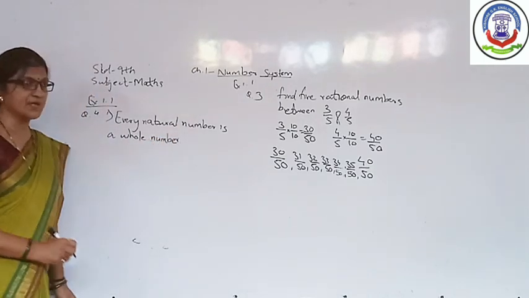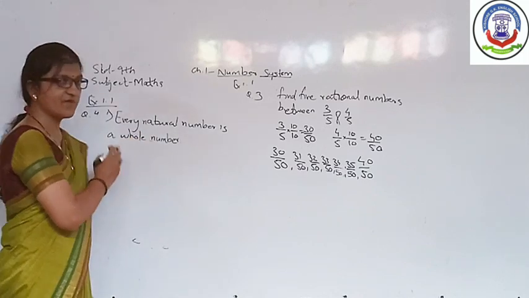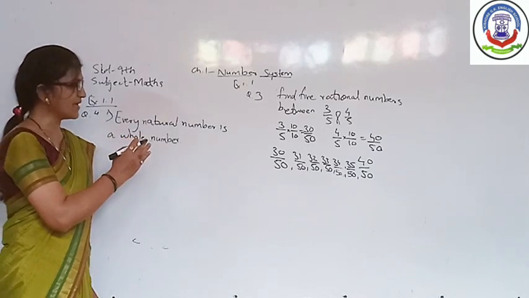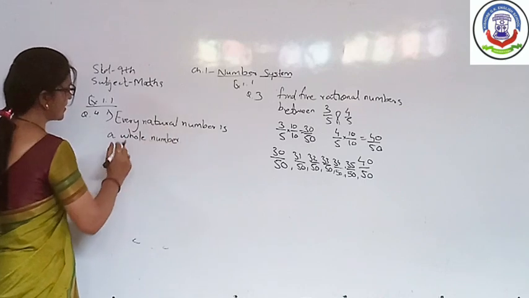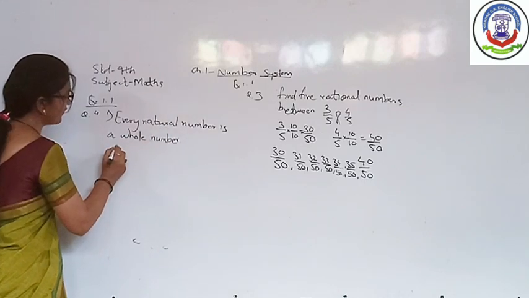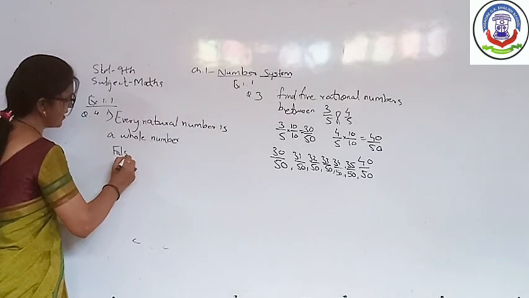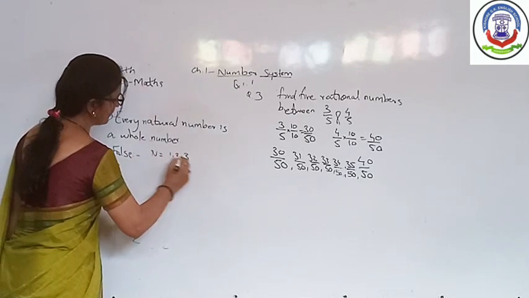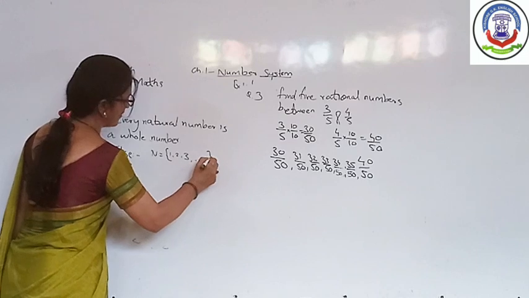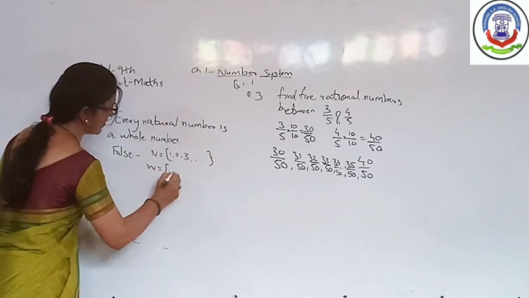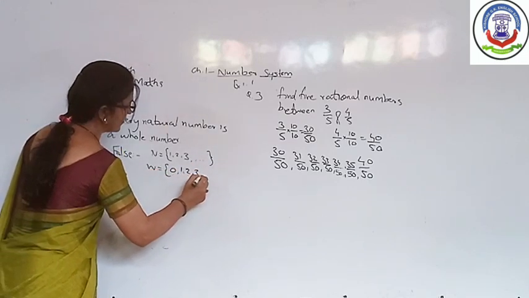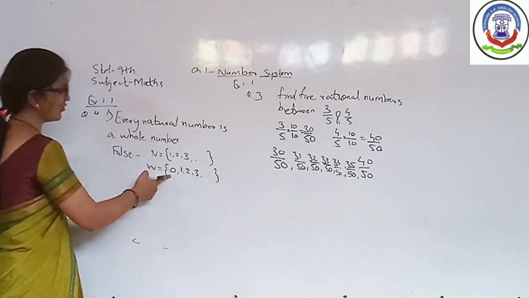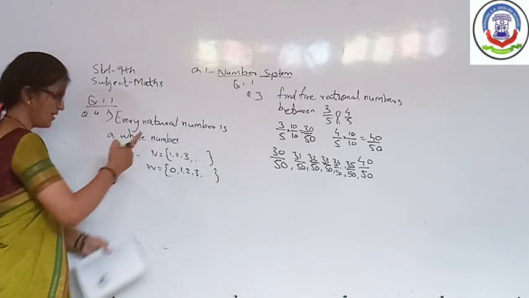Students, what we have discussed is that the set of natural numbers starts from 1 and its last number is infinity. But the set of whole numbers includes 0. So therefore the given statement is false, as the set of natural numbers starts from 1 while whole numbers have the first member 0. So the given statement is false as 0 is not included in the set of natural numbers.